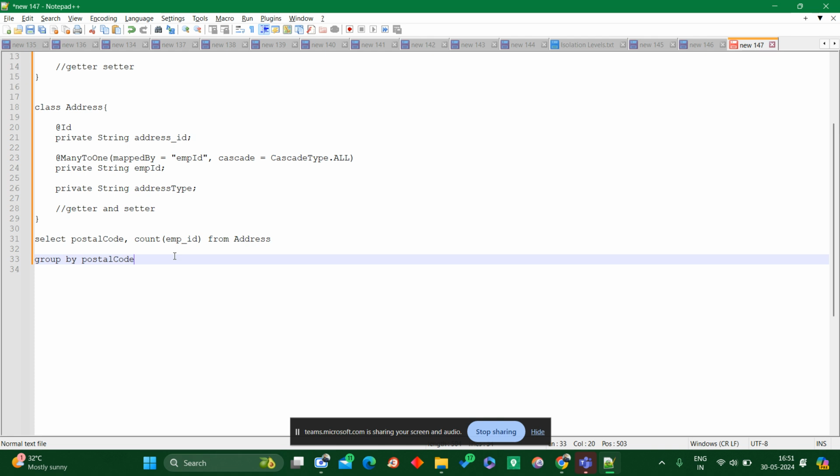If you want to implement pagination and sorting, how can you do it in Spring Boot Data JPA? In the interface layer, in the repository, we can extend PagingAndSortingRepository, and there we can pass the entity, that is the Java table name, comma, the data type of the primary key. Then in that interface we can call separate methods like find by certain column name and column name,